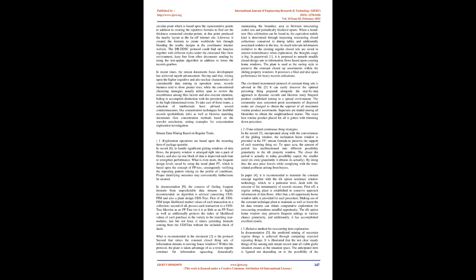In Document 9, the problem of finding frequent itemsets from uncertain data streams is proposed. An algorithm called UDSFIM and a tree structure, the UDS tree, are proposed. First, UDSFIM keeps the probability values of each transaction in a table. Second, it pushes each transaction into a UDS tree just like an FP tree, so it is as small as an FP tree, and also keeps the index of probability values of each transaction in the array in the matching tail nodes. Finally, it mines frequent itemsets from the UDS tree without the additional scan of transactions.